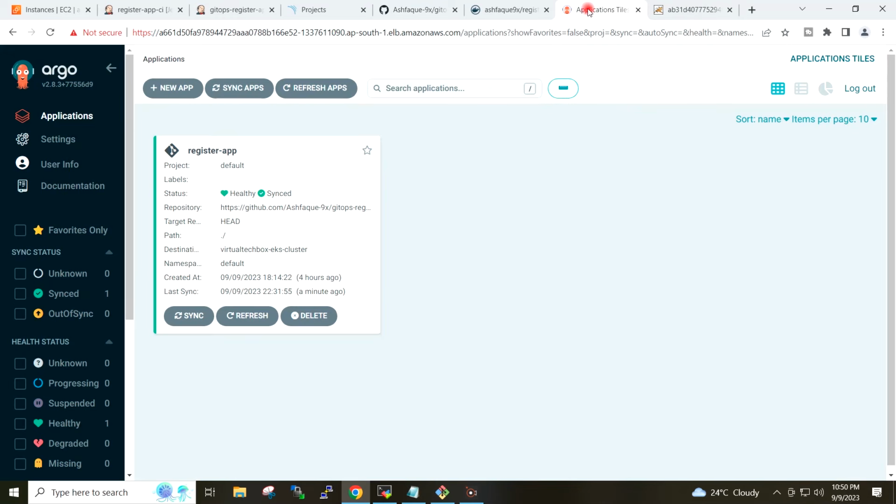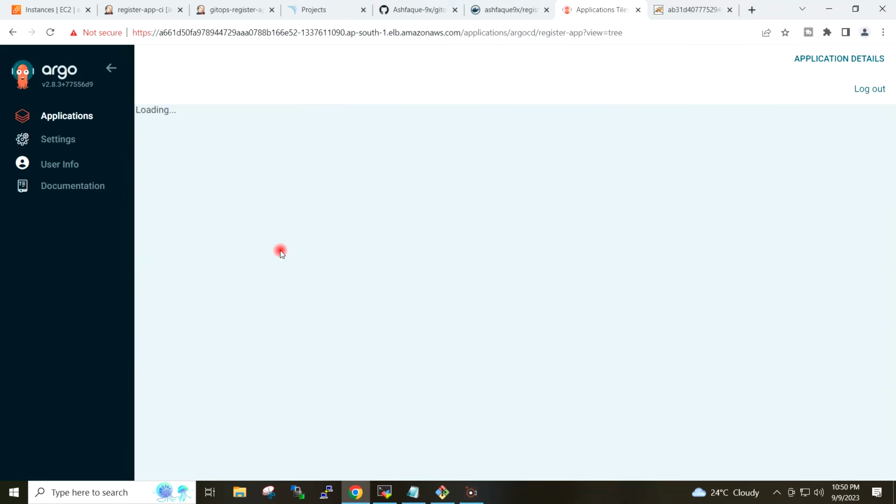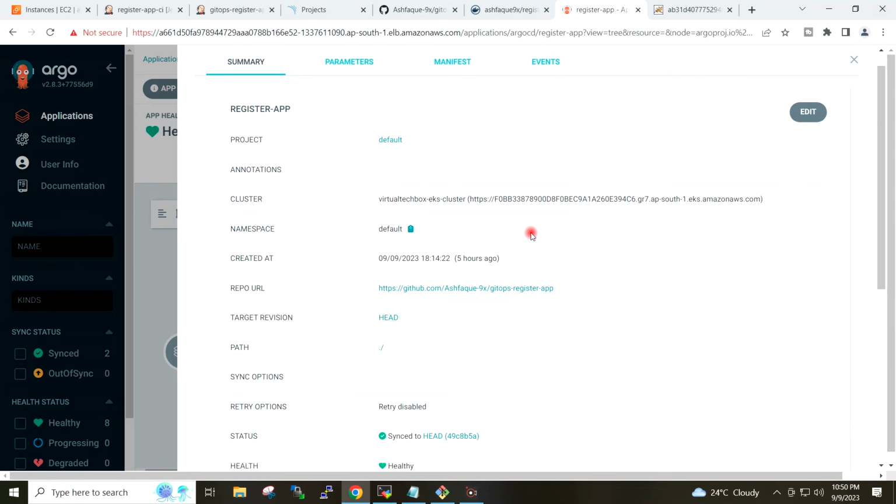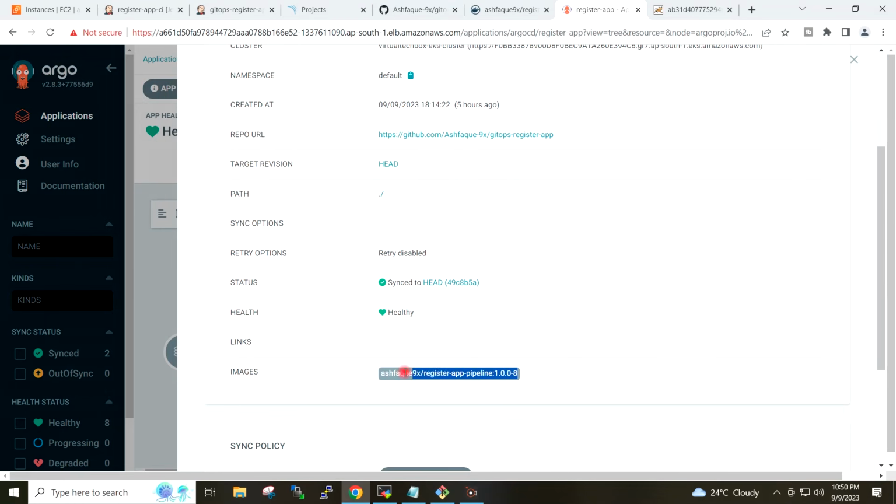And if I go to Argo CD and do the refresh here and go to app details, the app is using the latest release, which is 8.